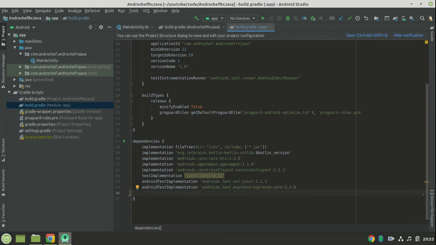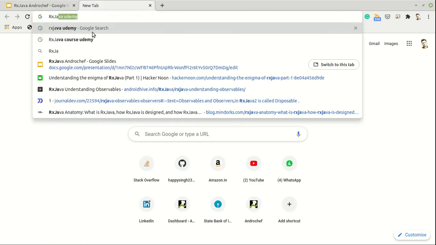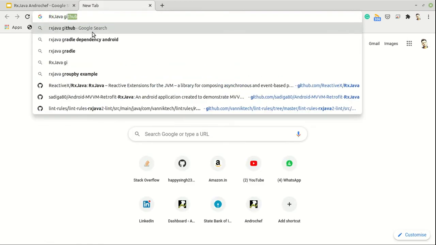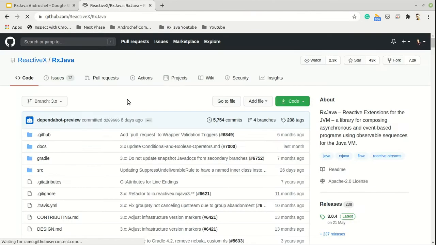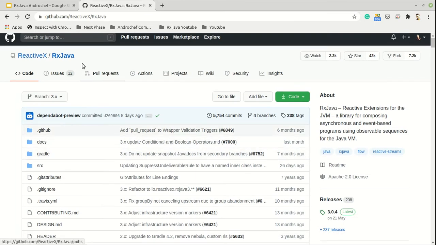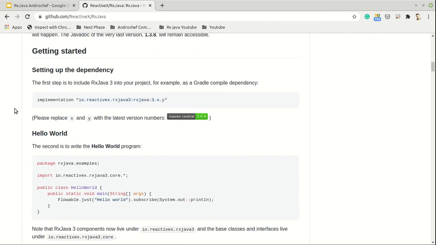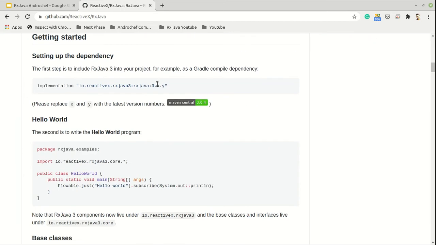So we'll go to Chrome and search for RxJava GitHub, and this is the first link you have to click. This is the official RxJava GitHub repo. When you scroll down, you can see the dependencies. The latest version is 3.0.4.